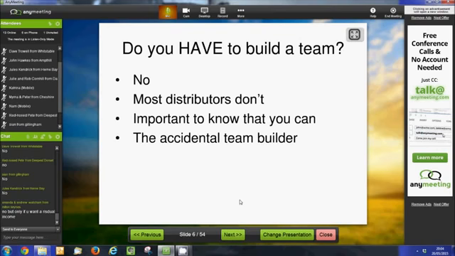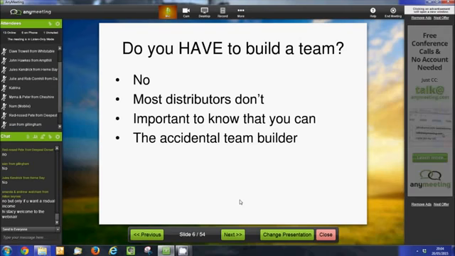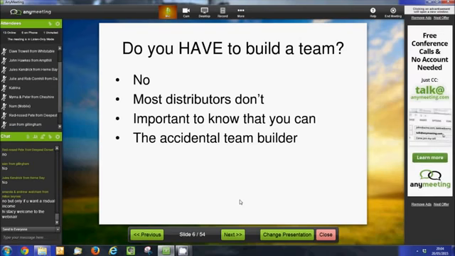But it's really, really important to know that you can, because quite often what will happen is you might become an accidental team builder. By that, what I mean is you could have a customer that says, "Oh, Chris, my son is looking for work, and you've been doing catalogues around here for a while. Are you looking for distributors in the area?" And of course, if that happens, you would say yes. The last thing you want to do is say, "Oh no, I don't really want any team members, thank you," because if they don't join your team, then they'll just join Kleeneze in somebody else's team, and then you've got competition rather than team in your area.